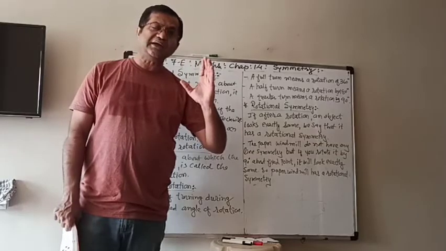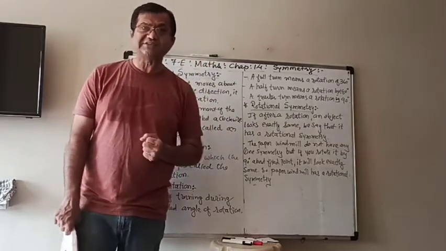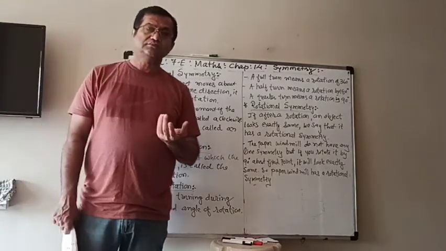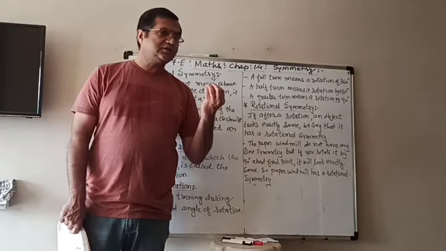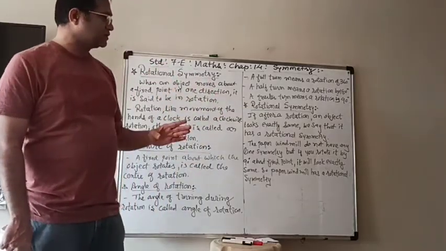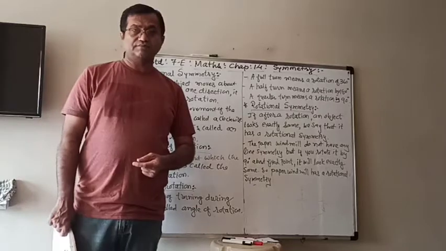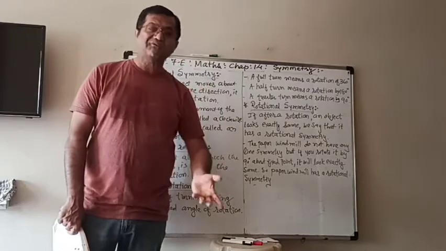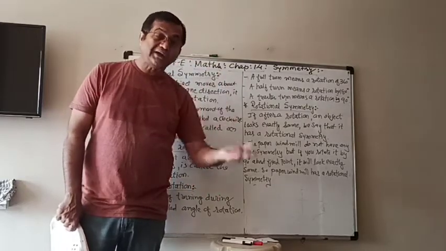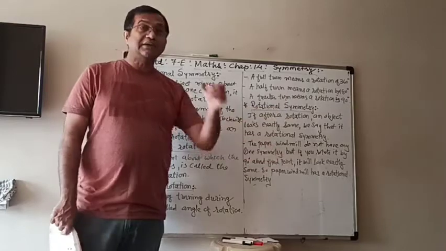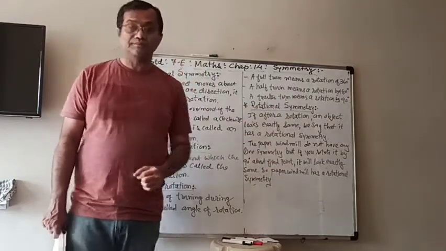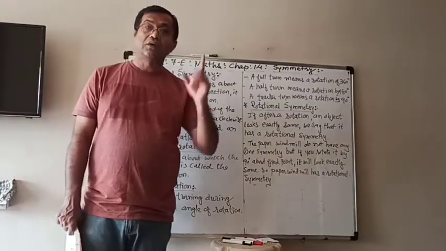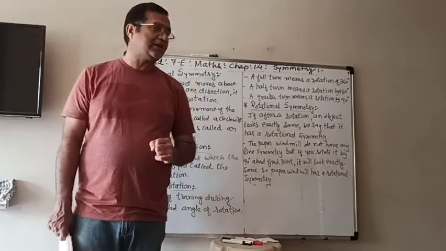So, generally, maybe it does not have a line symmetry. It is not a symmetrical figure, or it does not have any line symmetry, as I told you. But when you rotate it, then after either a full rotation or after a half rotation or after a quarter rotation, it doesn't matter, if it looks exactly the same, then we can say that that object has which type of symmetry? Rotational symmetry.